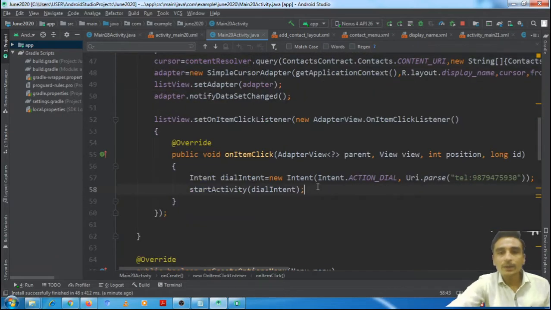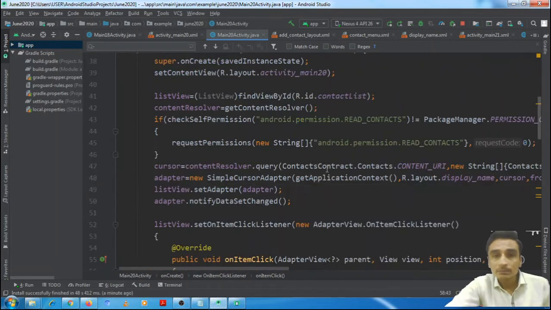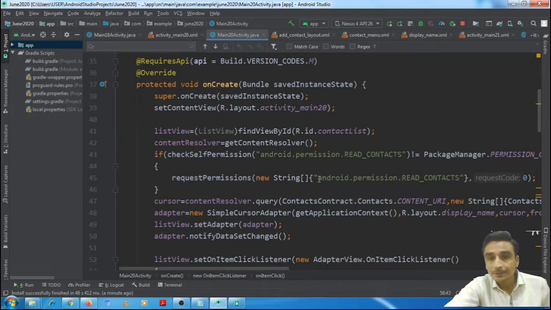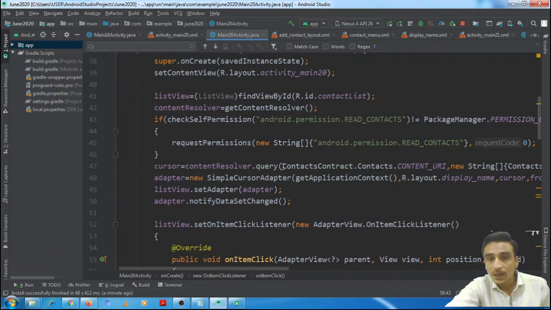And now here what we have to do, we need to fetch the phone number of the contact on which the client has clicked. So first of all we should find out whether any phone number of that particular contact exists or not. For that purpose there is one column in the same content provider's table, and that is in this table.